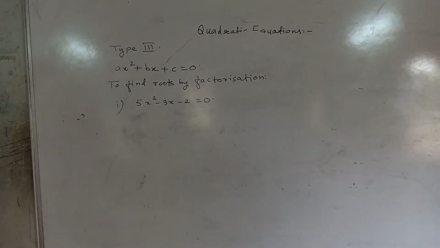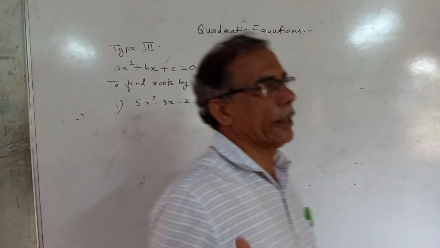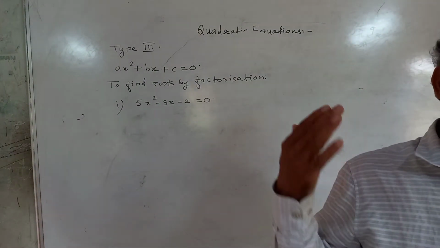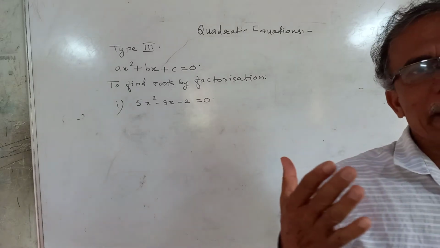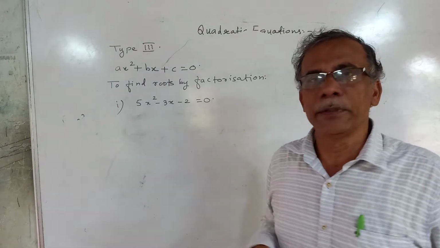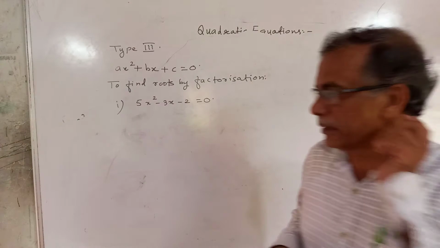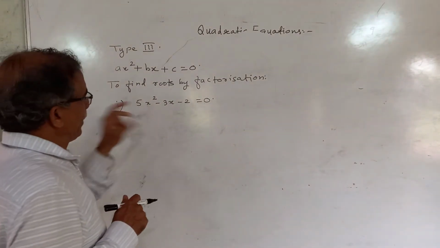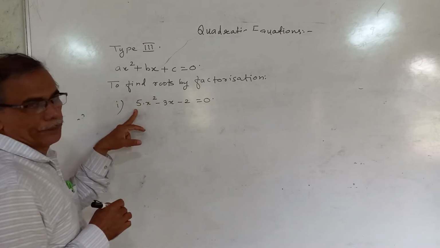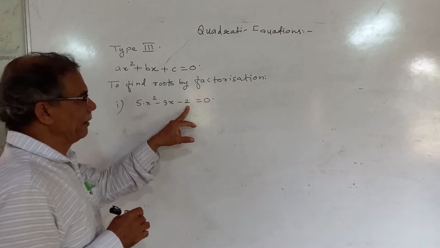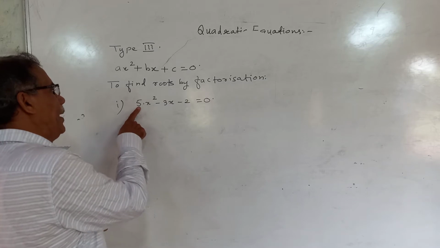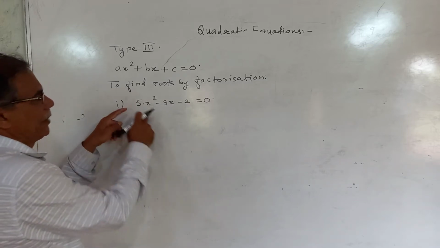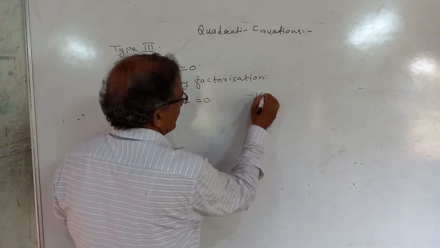Now, last year in polynomial chapter, you studied how to factorize the quadratic polynomial by splitting middle term. Same way it is here. Here only the equals 0 is added, that you know. Splitting middle term means, what is the coefficient of x square here? It is 5. And what is last term c? Minus 2. You multiply 5 by minus 2, means a into c, that is 5 into minus 2, how much? Minus 10.